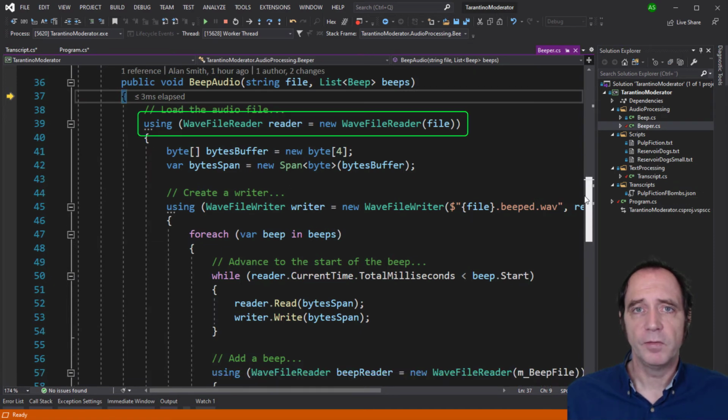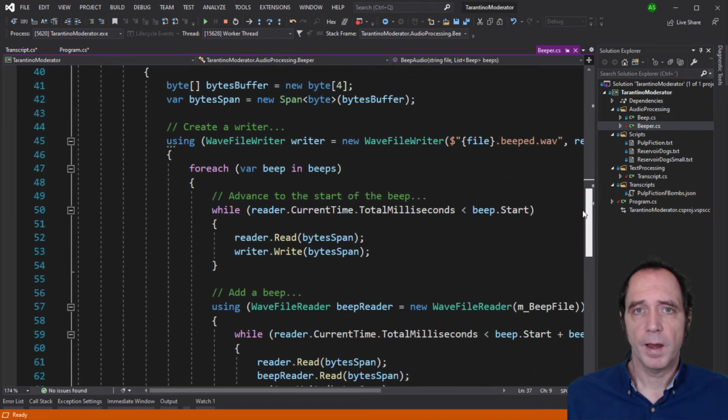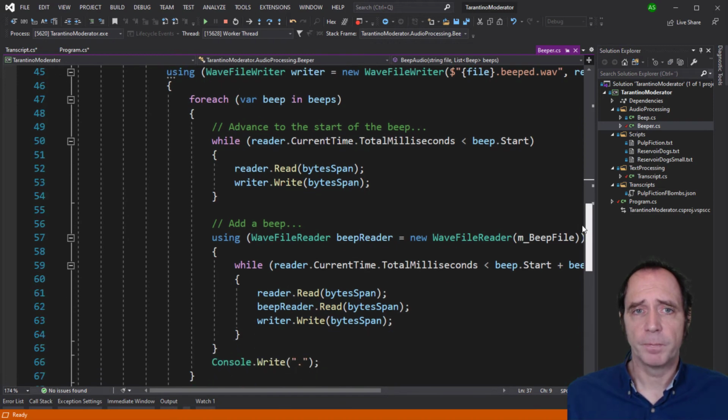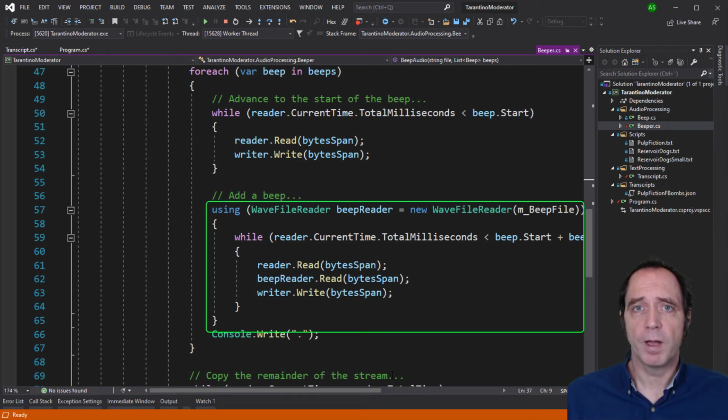This method is using a WAV file reader to read in the original audio from the clip. So I'm playing around with byte buffers, and I basically iterate through the audio. If the total milliseconds is before the next beep starts, we can just copy the original audio. However, when we get to a region that needs to be beeped out, we generate a new WAV file reader